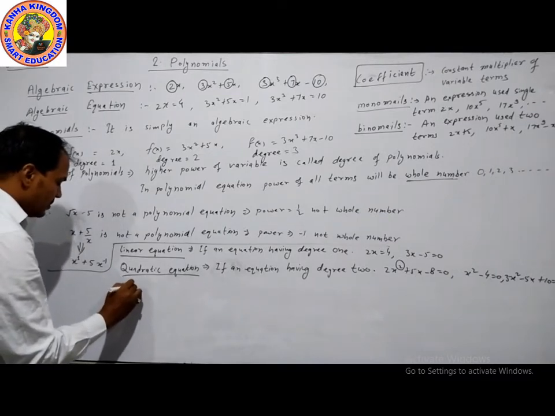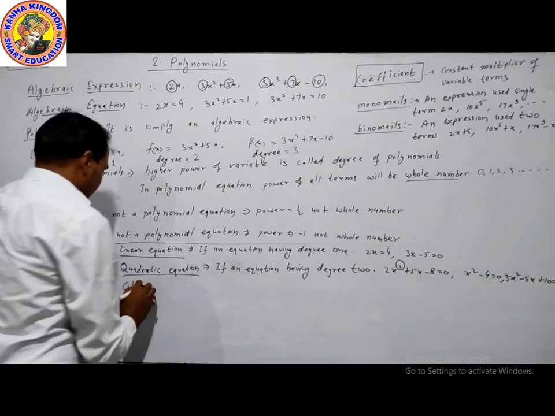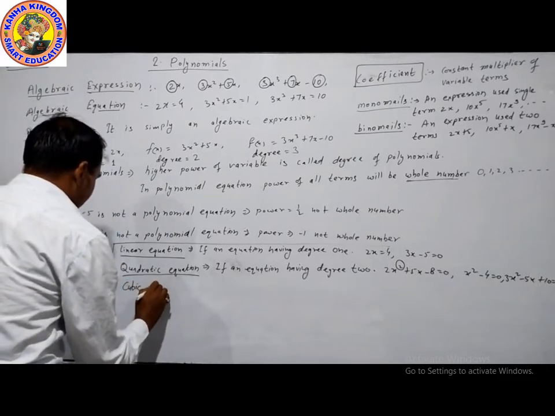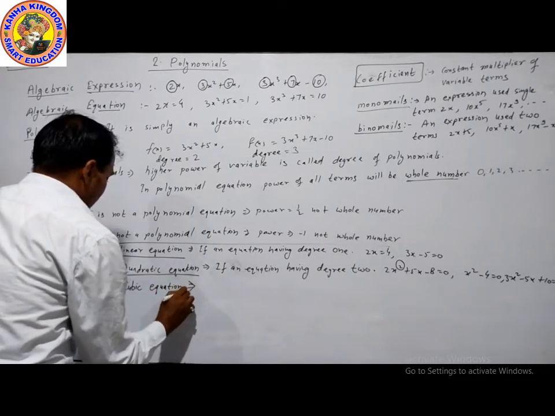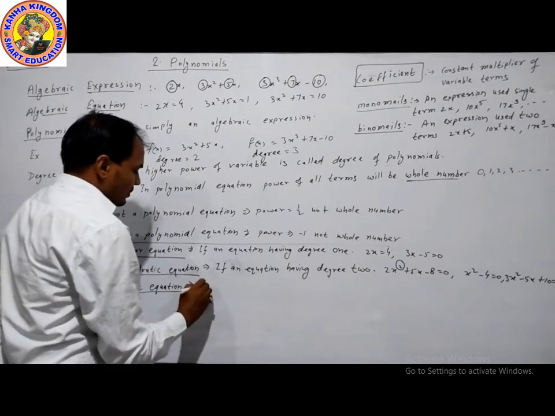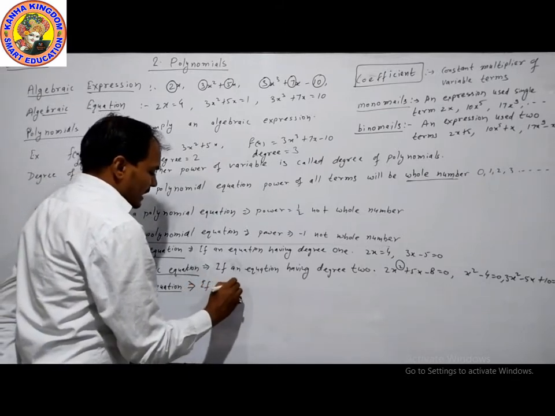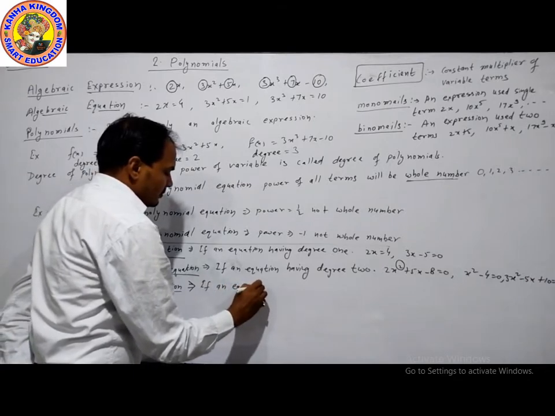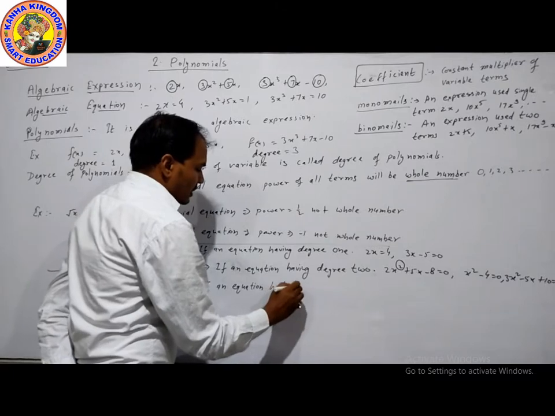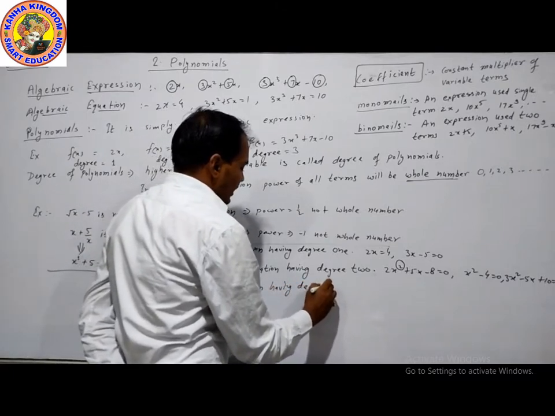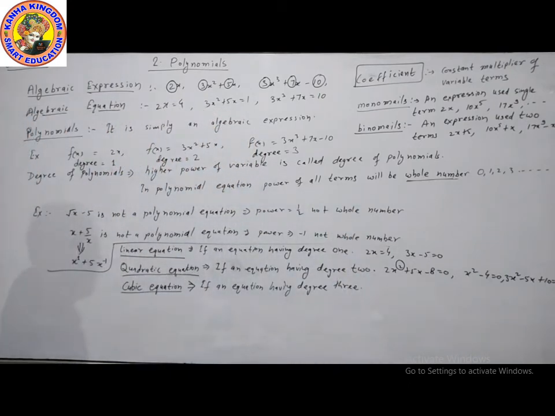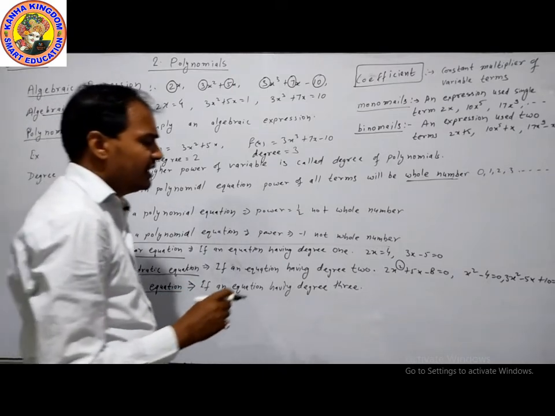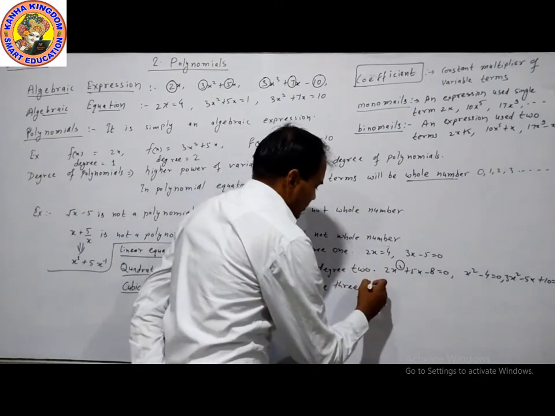Next word is cubic equation. What is the cubic equation? If an equation having degree 3, if an equation having degree 3 called cubic equation, for example